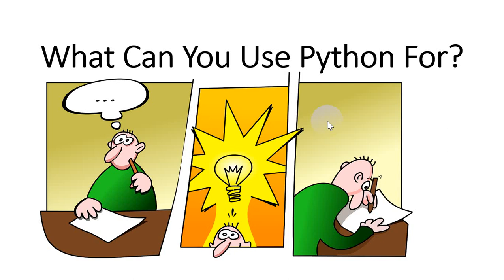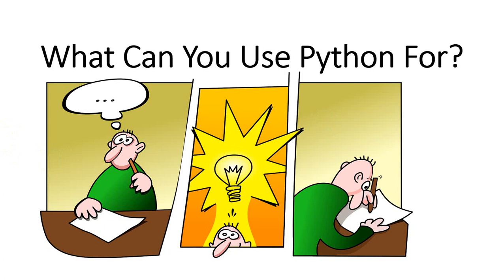There are many applications of Python out there, ranging from data science to web development to data scraping and what have you. But you want to focus on a particular line, on a particular path, and sometimes you might want to diversify into one or two or more of these applications of Python. So what are the things you can actually use Python for? This is a question that pops on the mind of so many beginners, so you don't have to feel bad about it. First off, let's start with